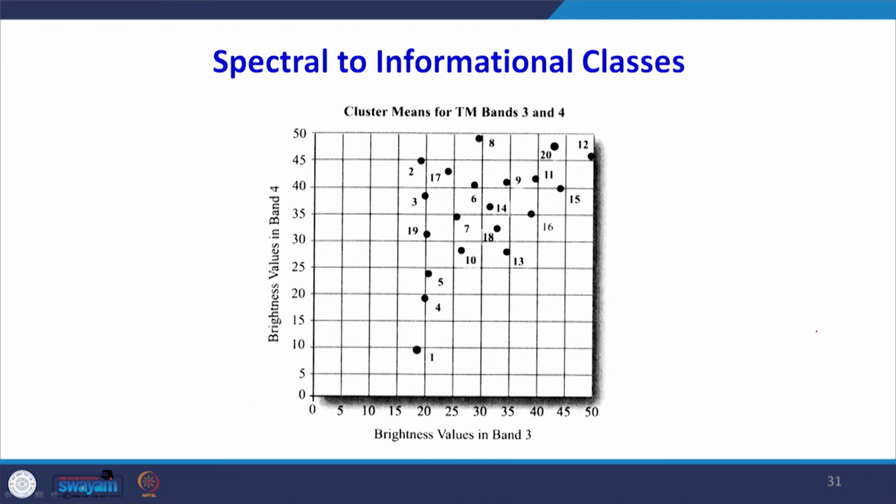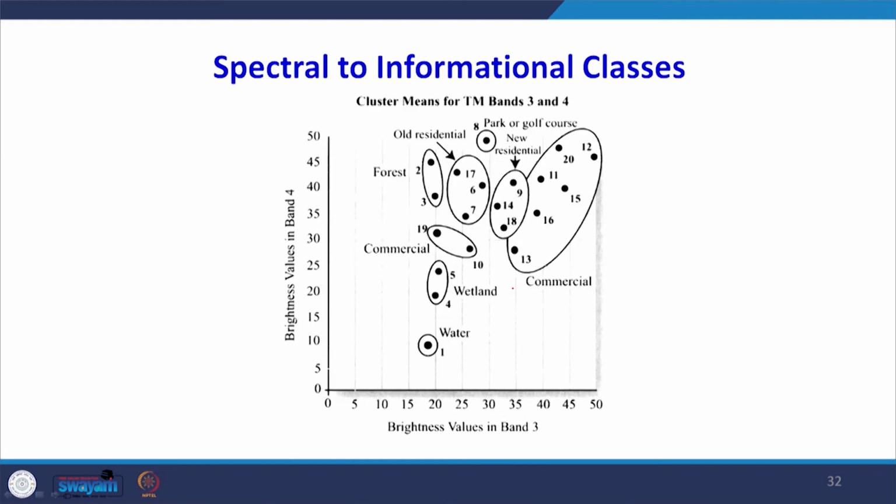So, you can see the cluster of values now here between the 2 bands, one on x axis, another on y axis. The cluster means are plotted, and you can get some kind of a distribution, maybe a triangular distribution, and this is the cluster means plus the standard deviation data, and the ellipse, one can see ellipse